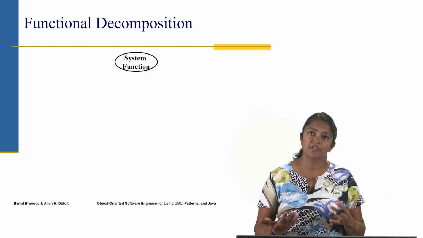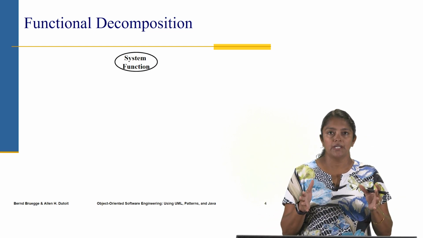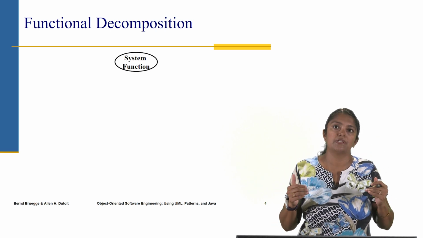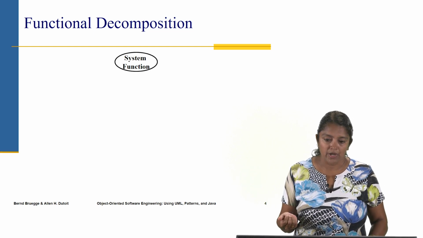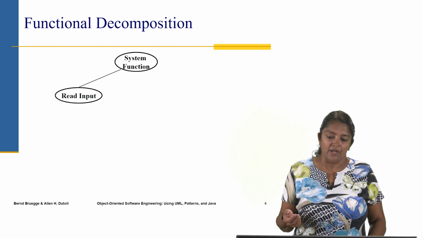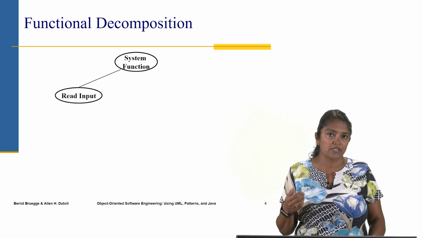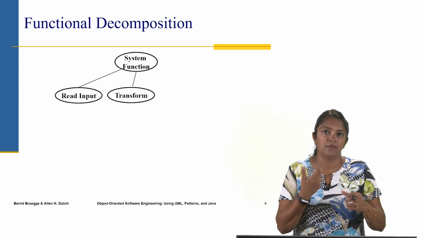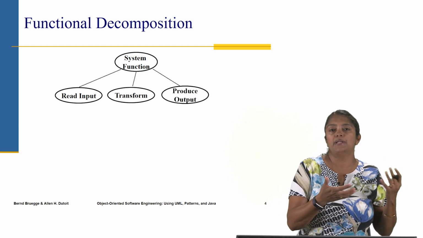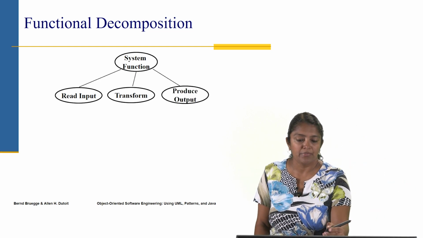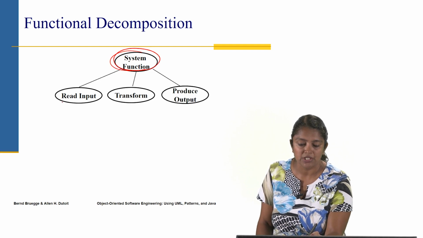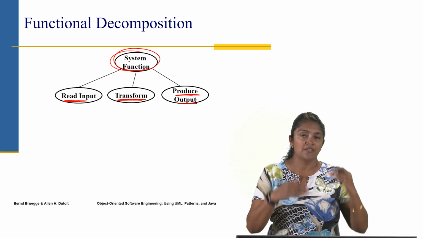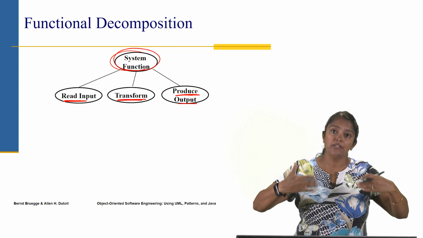Let's look at an example of functional decomposition. So say there is one high level system function, and our goal is to break that down or decompose it into smaller sub functions. So every function, or the process, can be thought of as reading an input and then performing some kind of processing on that input and transforming it, and then finally producing an output. So we basically break down this high level system function into three sub functions of read, transform, and produce output. So that's the first level of decomposition, and then we can continue doing this till we get to